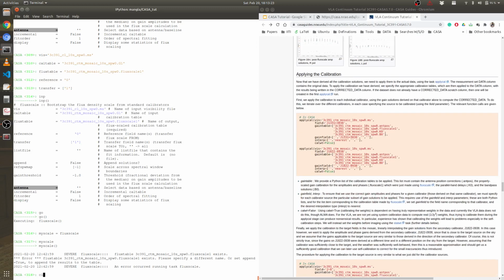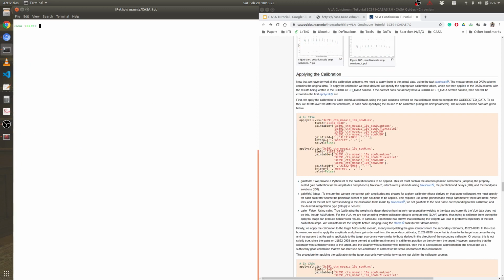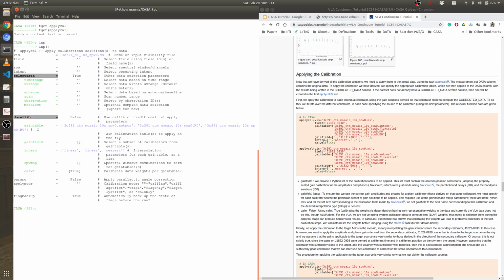Now we'll apply the solution to our target as well as the flux calibrator and the phase calibrator. We didn't apply, so there was nothing changed in the original MS file. Now it will get changed. Okay, so T get apply cal. So it's a field ID. Now I'll change into flux. First we apply into